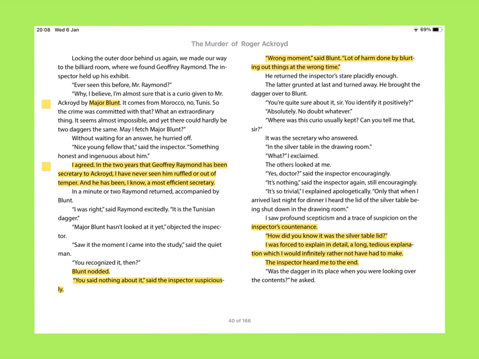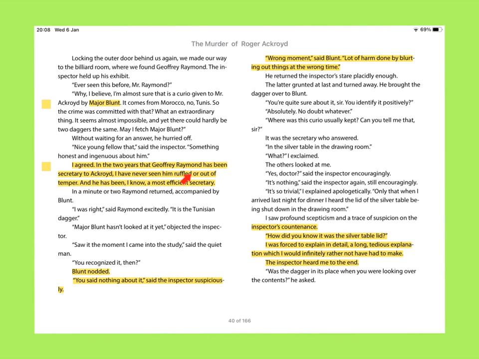The well-travelled military man, Major Blunt here, showing his knowledge and his insight about the dagger. This obviously helps to direct suspicion his way in this moment. Very knowledgeable about the murder weapon, I see, Major Blunt. So more misdirection that way. Aid Shepherd. Same here with Geoffrey Raymond. Multiple suspects. I'll leave you to read that.